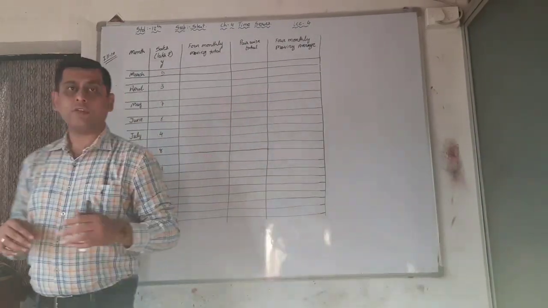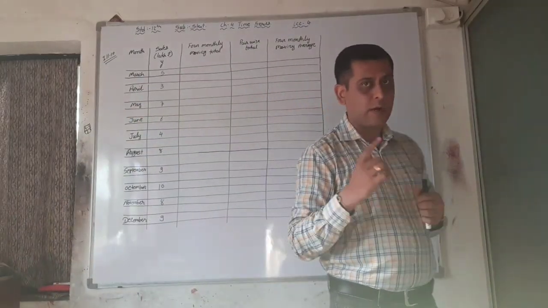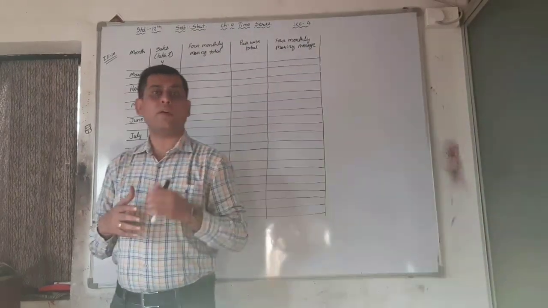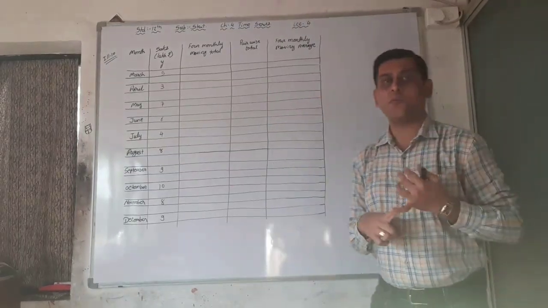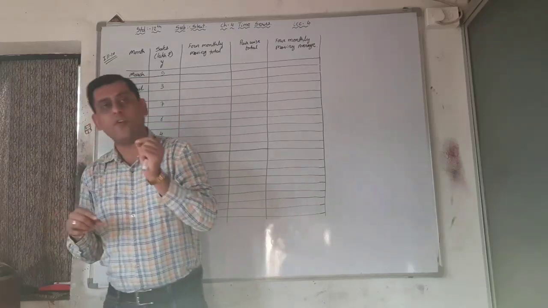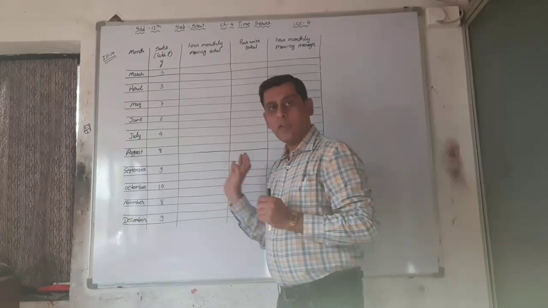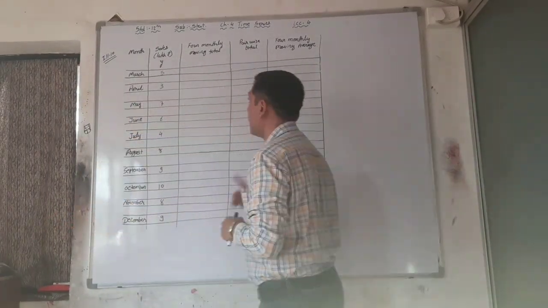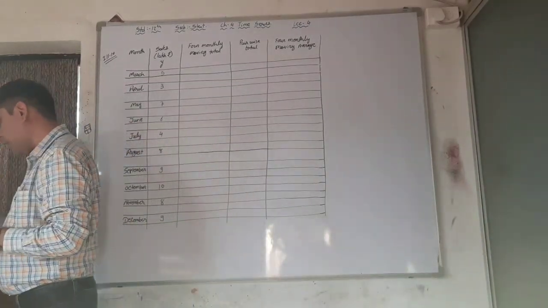See, this is lecture number 4, chapter number 4, time series of statistics part 1. Up to the last lecture we completed up to illustration number 9, that is the 3-year moving average and 5-year moving average. Now a somewhat difficult point, that is the 4-year moving average. We will solve it in this lecture. And this is our last lecture for chapter number 4 and the last illustration, that is illustration number 10.